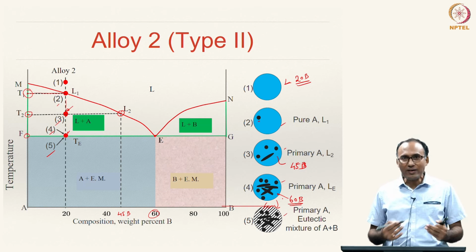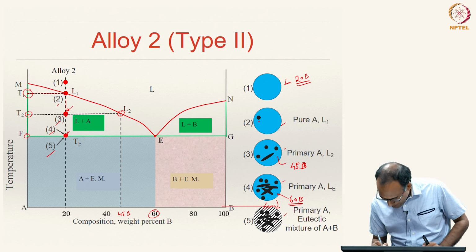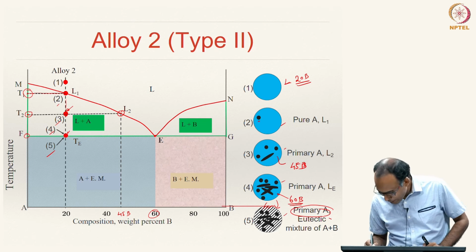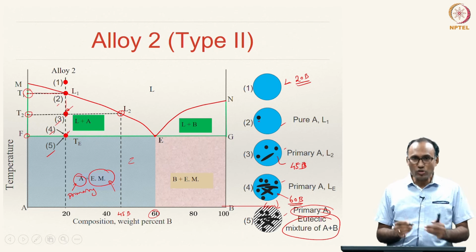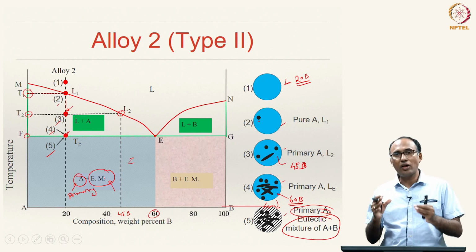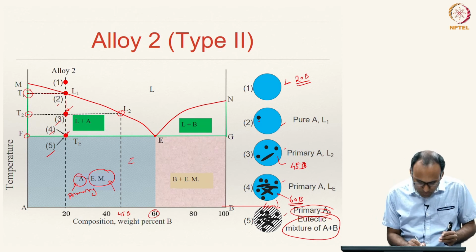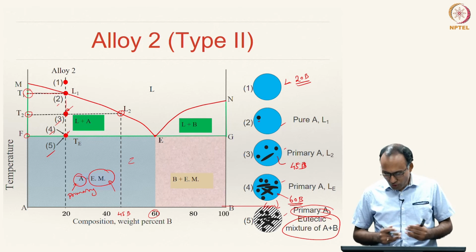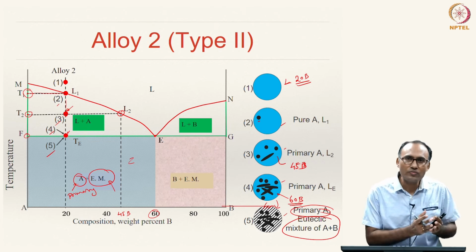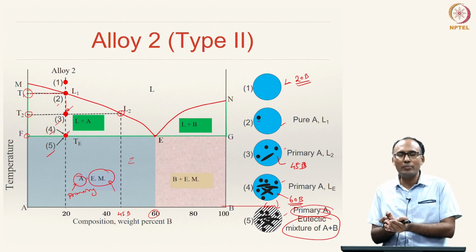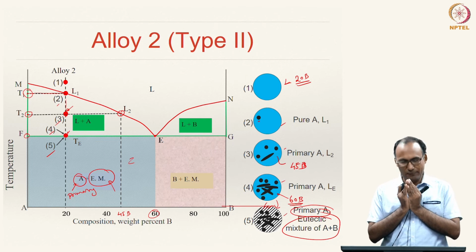That is why you see alternate layers of A and B here, A, B and so on, right. So, the microstructure, if you look at, you have some primary A and a eutectic mixture of A and B, and that is the reason why in this blue region, hypoeutectic alloy, the microstructure is primary A and eutectic mixture of A and B. Please note that the eutectic mixture of A and B also has some A in it, and there is primary A. So, if you take the total weight fraction of A, some amount is formed as primary A and some amount will be in the form of eutectic mixture of A and B, alright.